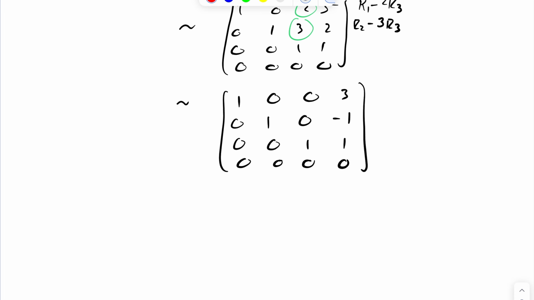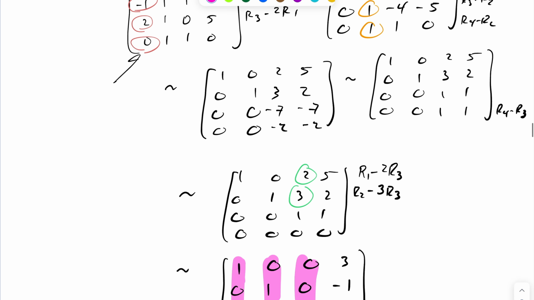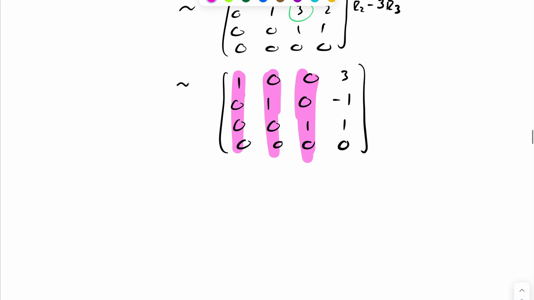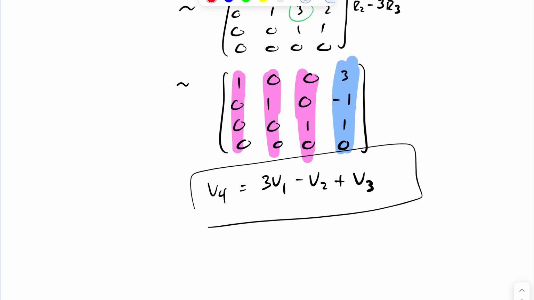And if I go to solve this here, you can see this indicates for us that the first, second, and third vectors are linearly independent. So that means my original v1, v2, and v3, these are linearly independent and part of the basis for S. And this fourth vector, v4, is going to equal 3 times v1 minus v2 plus vector v3. So that fourth vector is dependent on the first 3 vectors we have here,